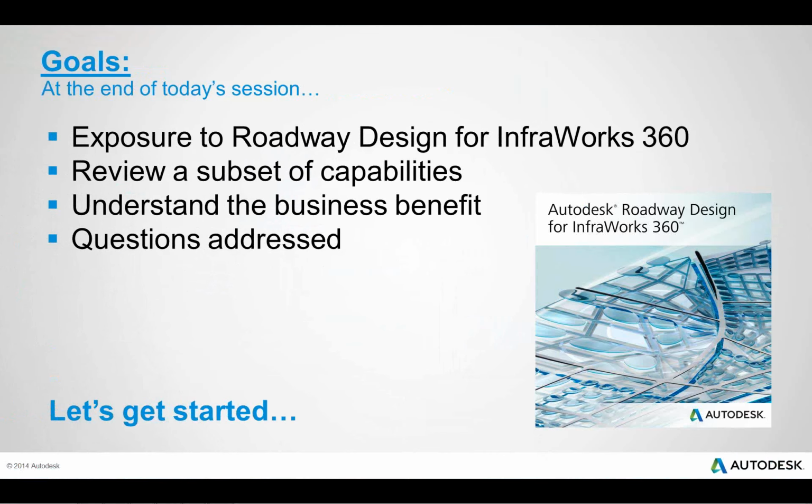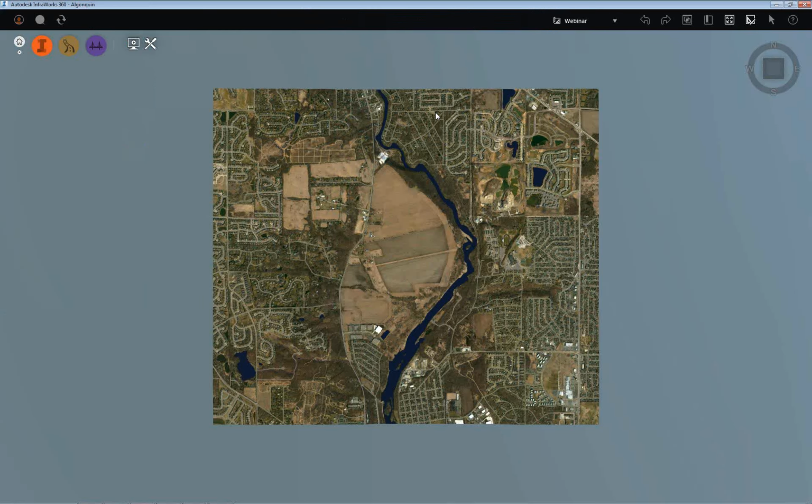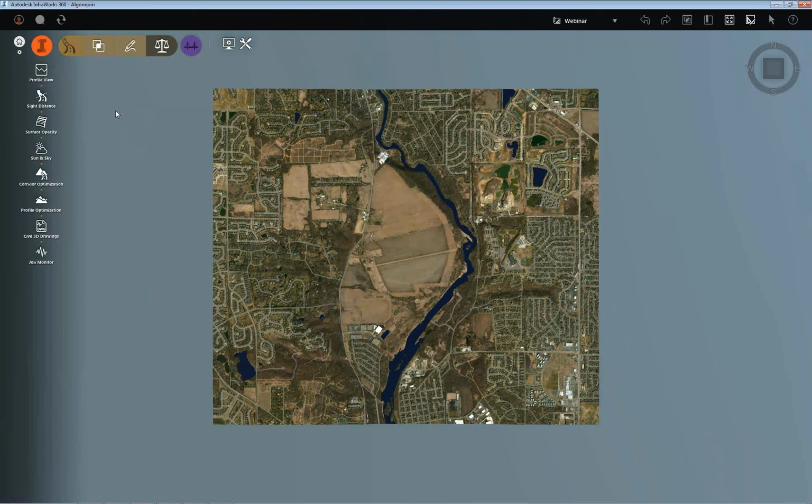I'm going to bring over my InfraWorks 360. Okay, this is what the interface looks like. If you have not seen InfraWorks 360, this is what you'll be looking at when you get to that point. What I've got today